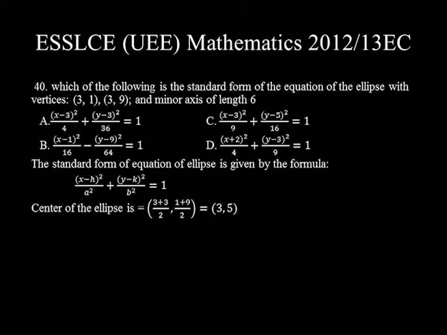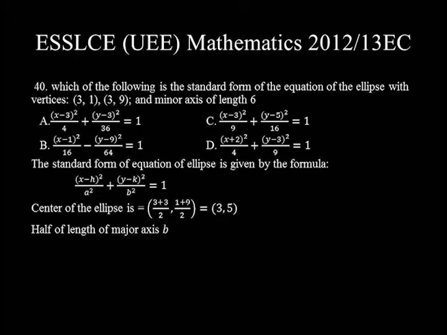Since the x values of both vertices are the same, the ellipse stretches further in the vertical direction and hence B is the major axis. Half of the length of the major axis, that's the distance between center to one of the vertex. In this case, let's consider center (3,5) to one of the vertex, that's (3,1), is given by